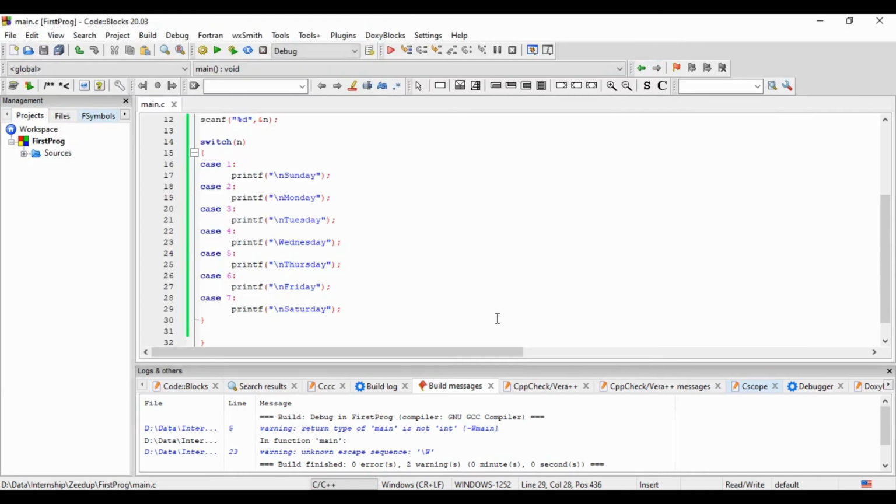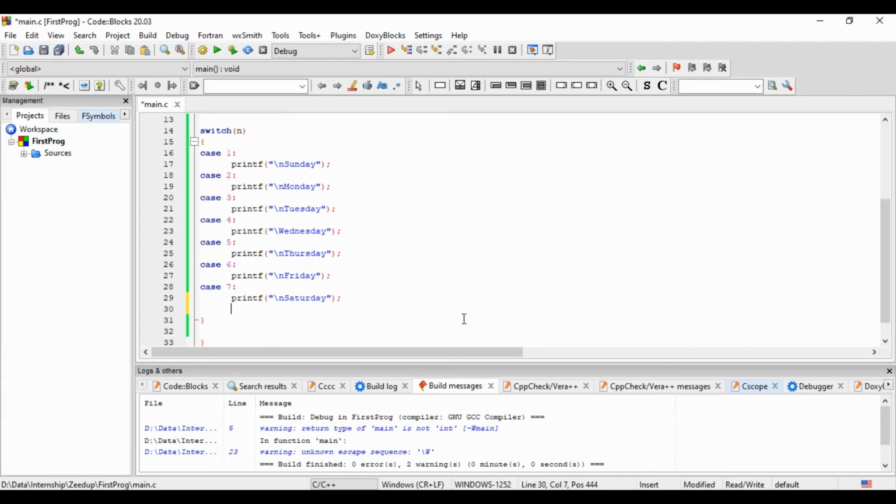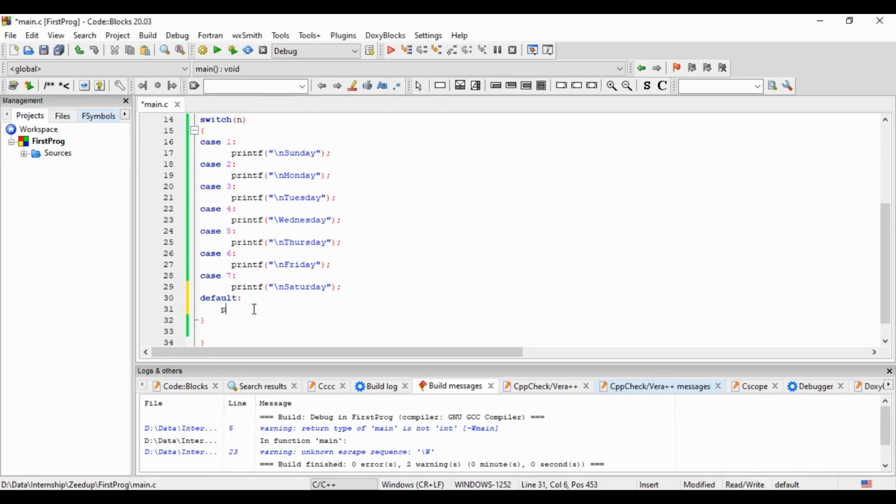In that case, suppose we want some output. We want to tell the user that you have entered a wrong number and you need to enter a number between 1 to 7 to get some output. Then how can we do that? We have got something known as the default case in a switch statement. This default statement works when none of the cases are matched. That is, if the value of n entered by the user is not between 1 to 7, then this default statement would be executed. So in the default statement, what we are going to write is